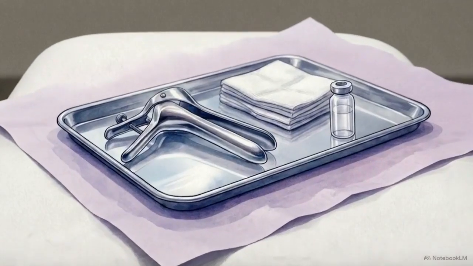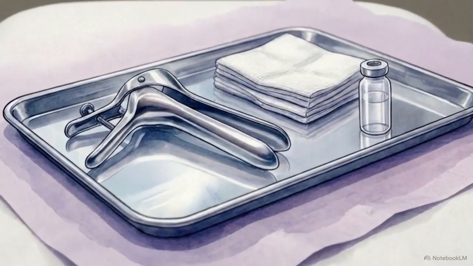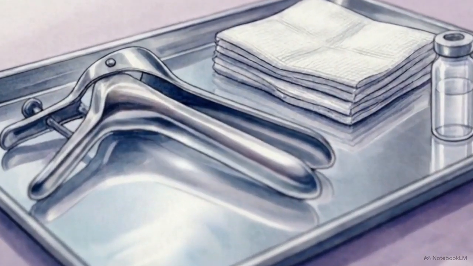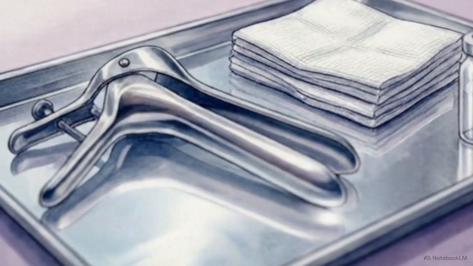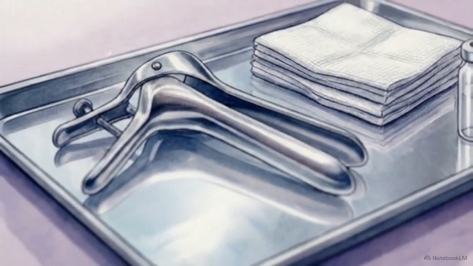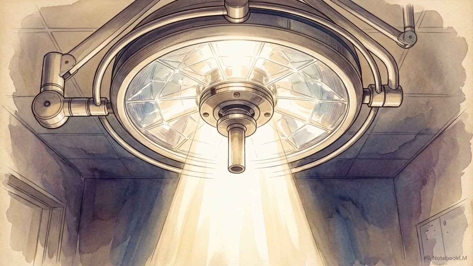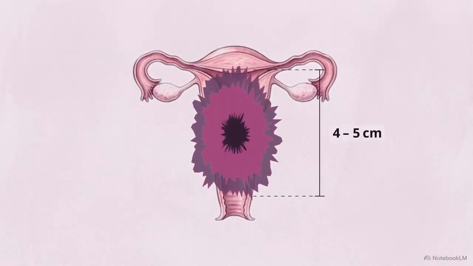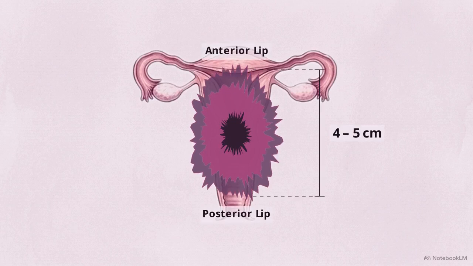A 51-year-old female patient presents to the clinic with a 2-month history of spontaneous abnormal vaginal bleeding, accompanied by specific episodes of postcoital contact bleeding. The objective physical exam immediately reveals the source. There is a 4 to 5 centimeter tumor-like, deeply ulcerated lesion spanning both the anterior and posterior lips of the